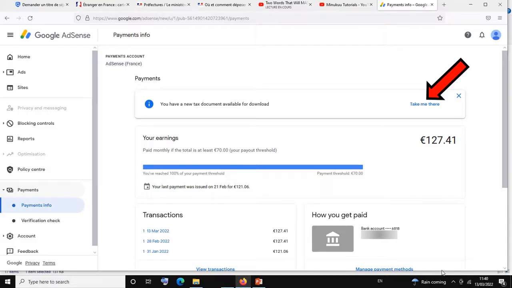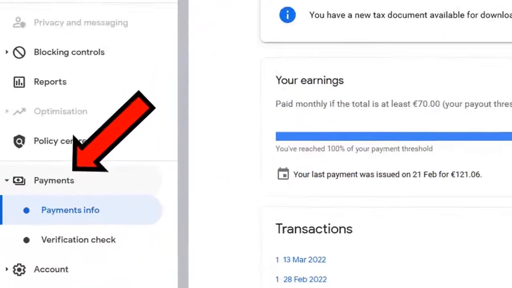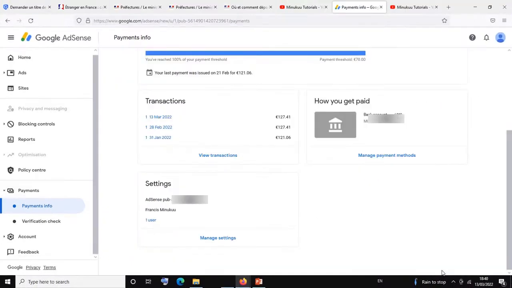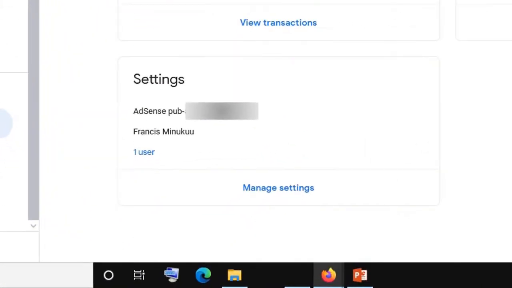Now, in case you don't have this notice and you want to still download your tax document, let me show you how to do that. Simply log into your AdSense account and click on payments. When you click on payments, simply scroll down and click on manage settings. Okay, when you click on manage settings over here,